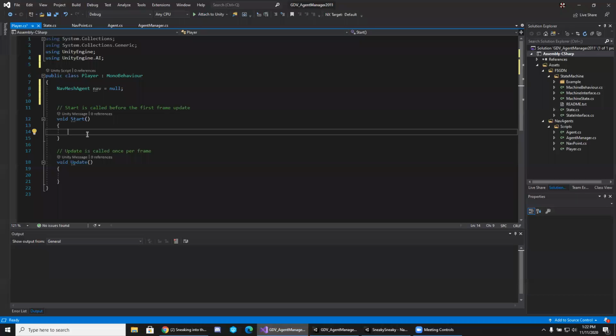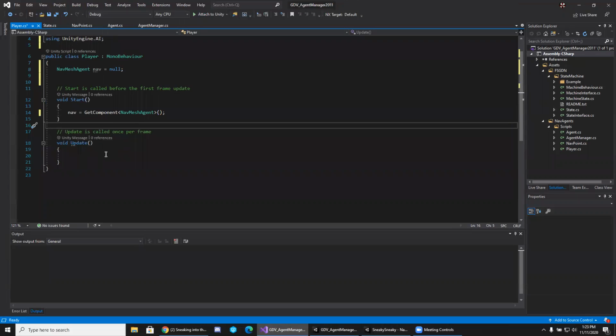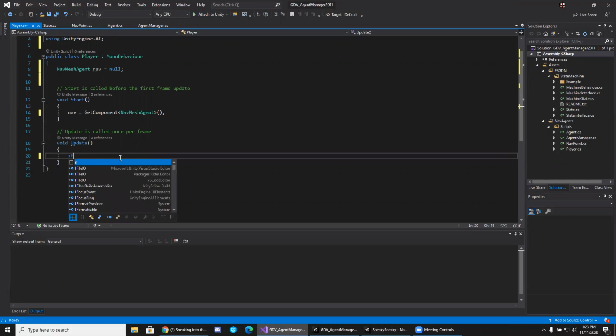Then in the start, we need to grab the navigation component from our game object. So our nav equals get component of type nav mesh agent. And then in update, we want to check if the player presses the left mouse button, if